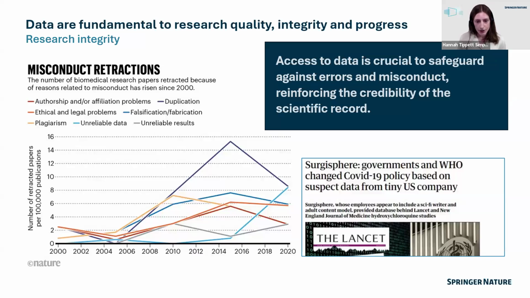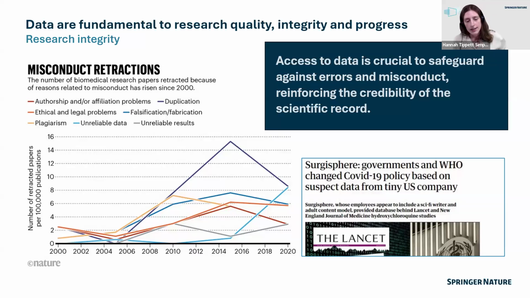studies have been retracted due to misconduct or major errors, and a really common thread across these cases is the same. It's that data were unreliable, that the results couldn't be verified, or both of those. Realistically, there's a significant overlap between the two, and this really speaks directly to research integrity. So when the data is shared, the scientific community has the opportunity to validate those findings, catch mistakes, and challenge results when necessary. Without that transparency, the integrity is compromised.